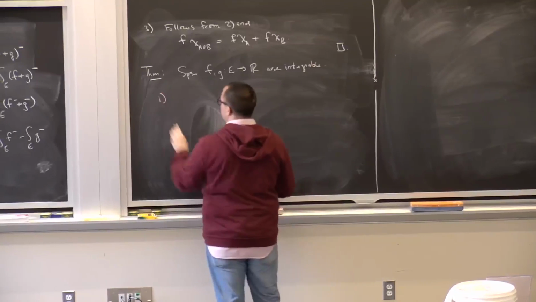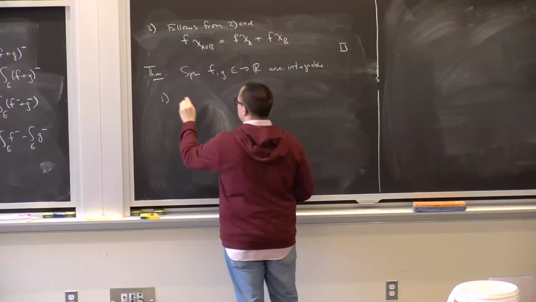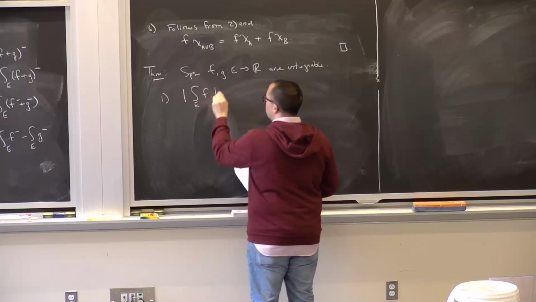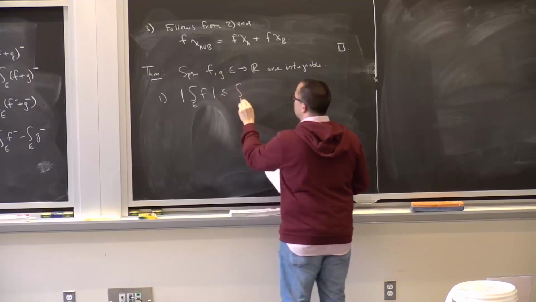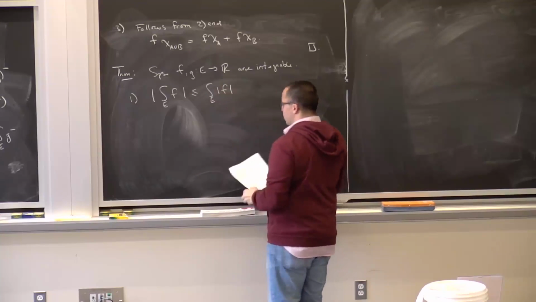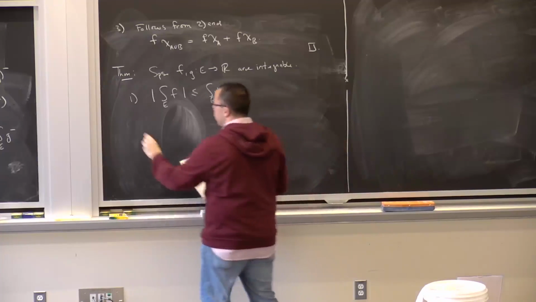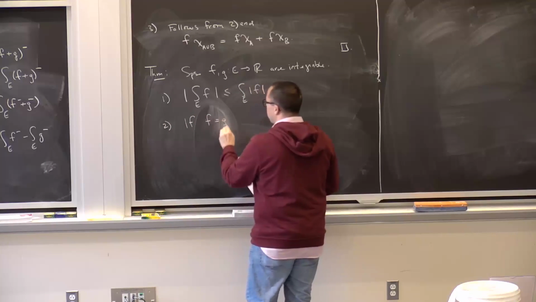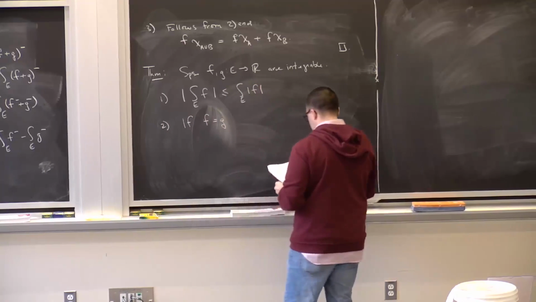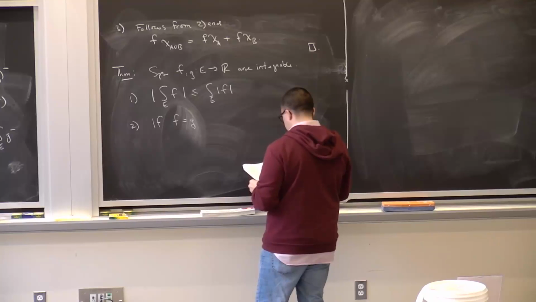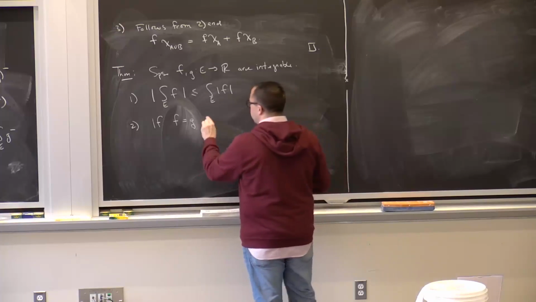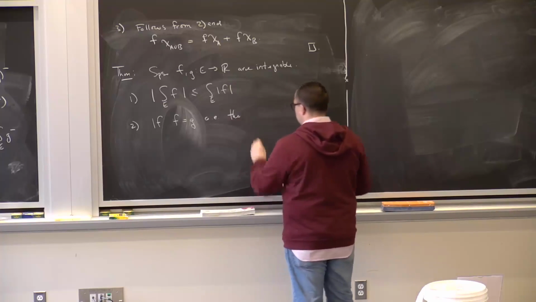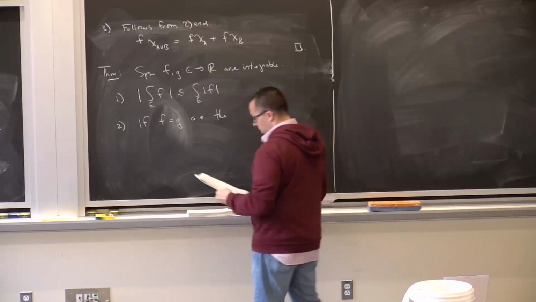Then the following holds: the absolute value of the integral is less than or equal to the integral of the absolute value. If f equals g almost everywhere. Then,